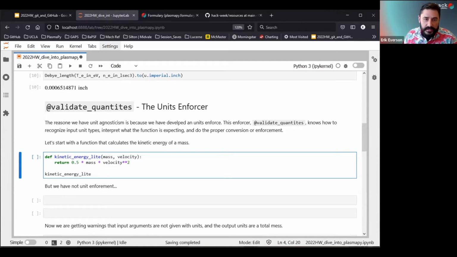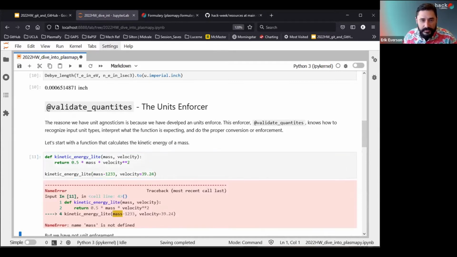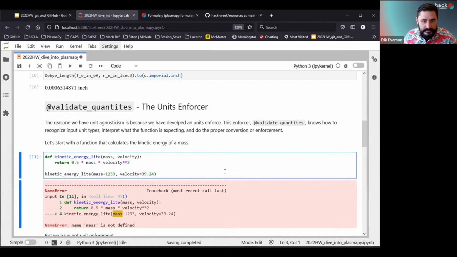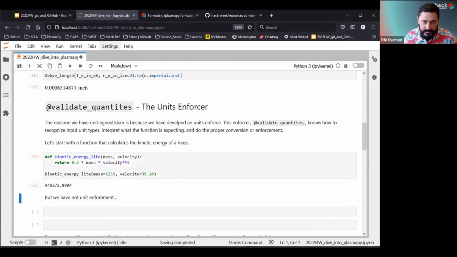So we'll go kinetic energy light. You can hit tab to autocomplete. And let's use a mass equal to 1233 for no particular reason, and a velocity equal to 39.34, again for no particular reason. Okay, hit shift enter, and I did a minus sign instead of an equal sign. Okay, shift enter, and we get a